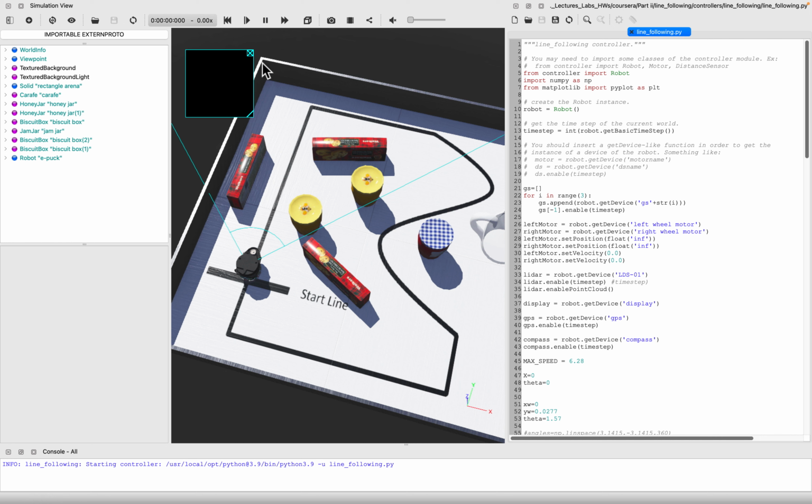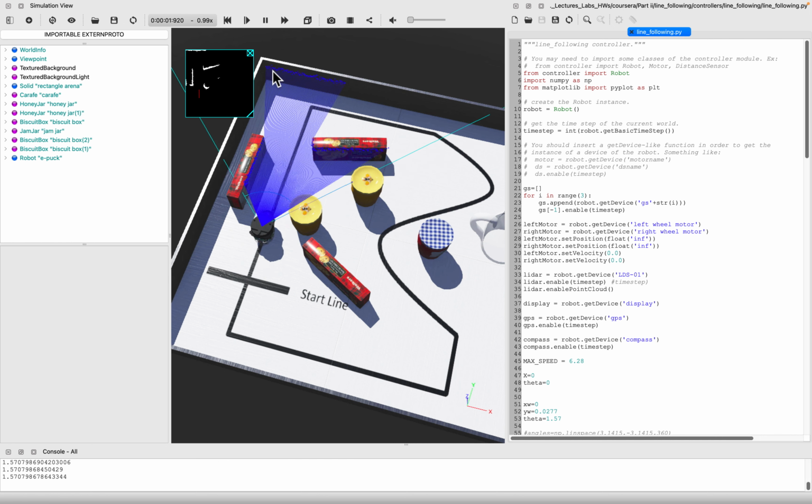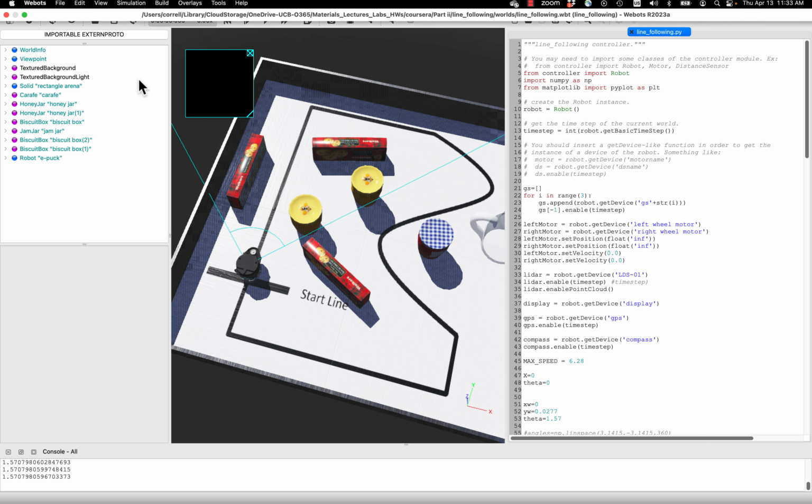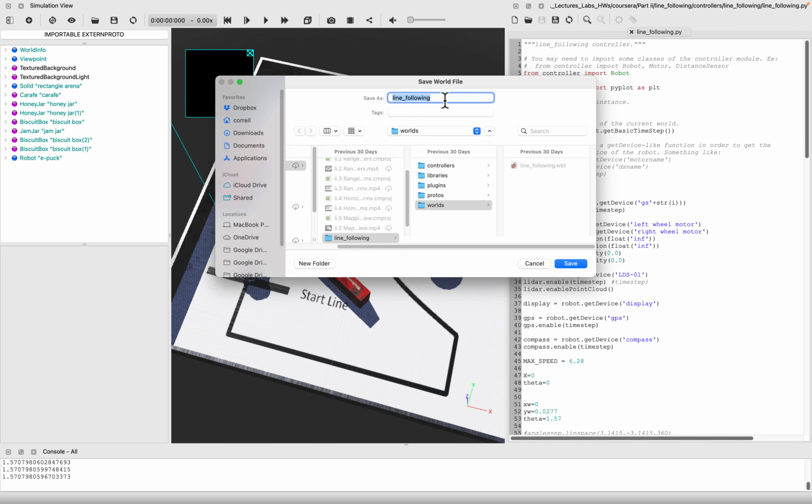In order to implement a trajectory follower, we will take the line following world that we already have, and I assume you also have a line following controller, and what we should do is we should save it as a new world, which we might call trajectory follower,